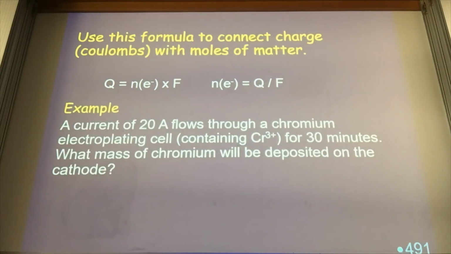So here's a very basic example of what we do. Here we've got a circumstance where we're given electricity information and we're being asked for chemistry information. So the first thing we're going to need to do is use our electricity information to work out Q, the amount of coulombs. And the formula that we use,